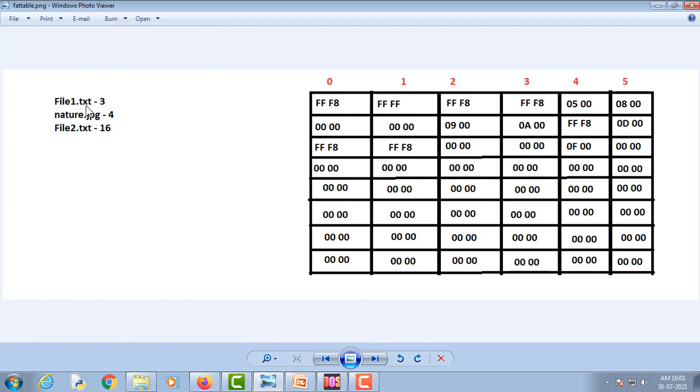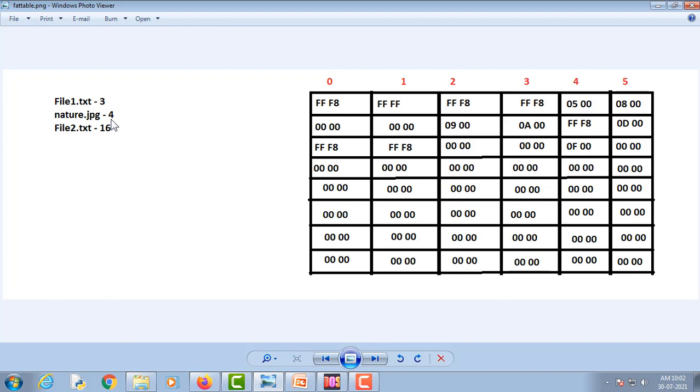As you can see, this file1.txt is starting from cluster number 3. Now if we go to cluster number 3, it tells us that the file is ending here, which means file1.txt is occupying only one cluster, which is cluster number 3.